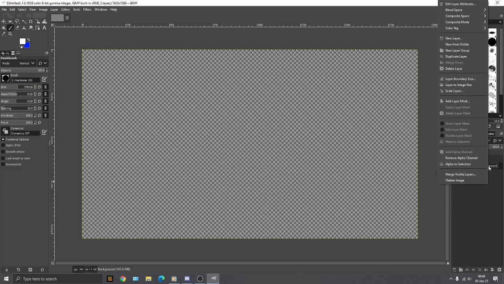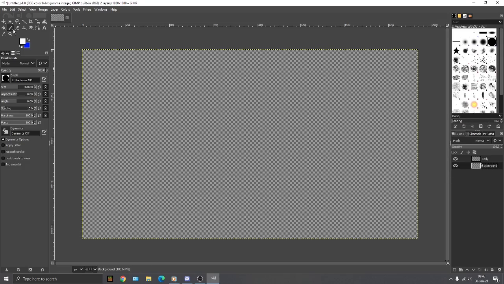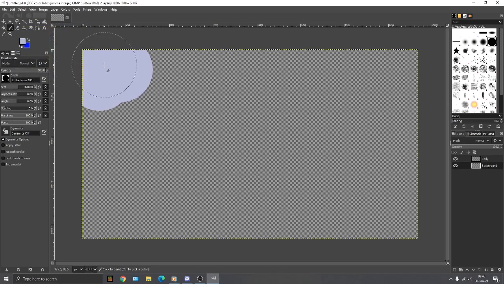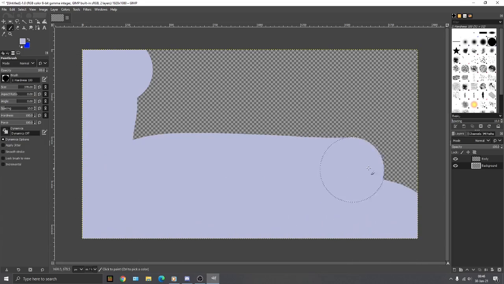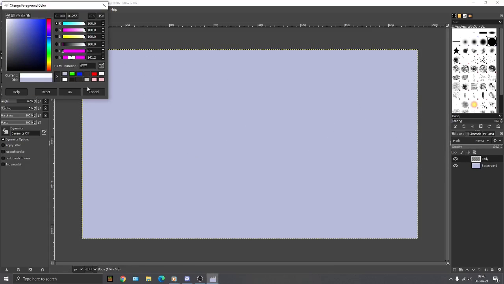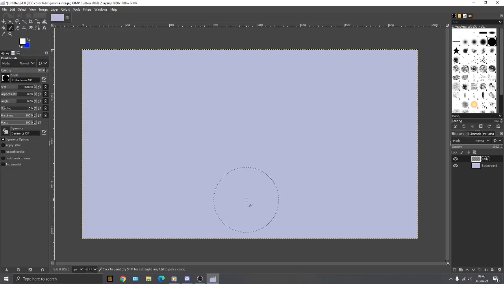Alright, I'll go ahead and make the background a light blue for now. Go up to blue, make it very light. It's good enough. And now that we have a background, we can clearly see the circle. Go back to white and start working on our snowman. So our snowman needs to be pure white. That's selected. We just do a circle, decrease the size a little bit, do another circle, decrease the size a bit more,